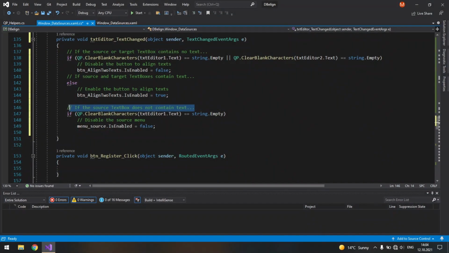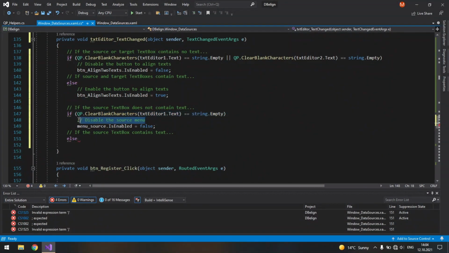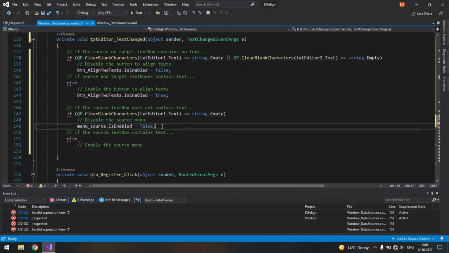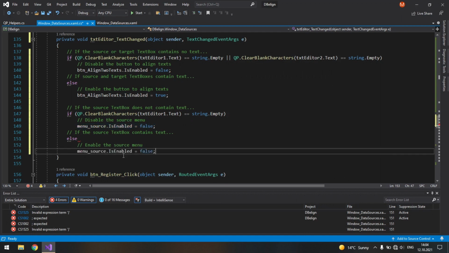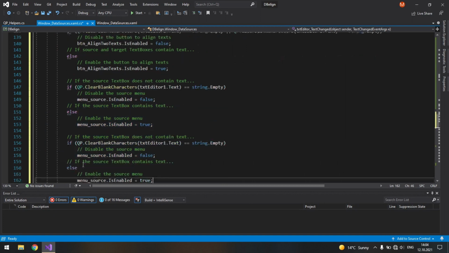Otherwise, so if the source text box contains text, else we enable the source menu, and menu source is enabled equals true. And then we need to check the same for the target text box.